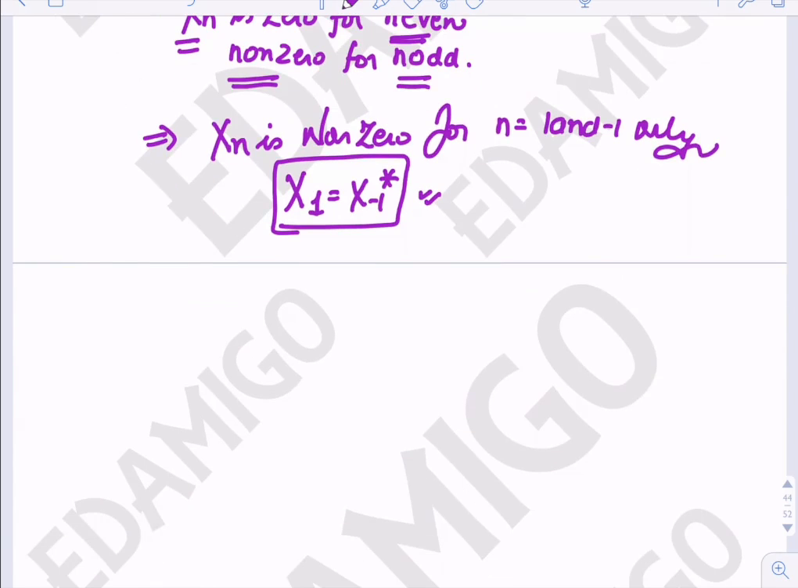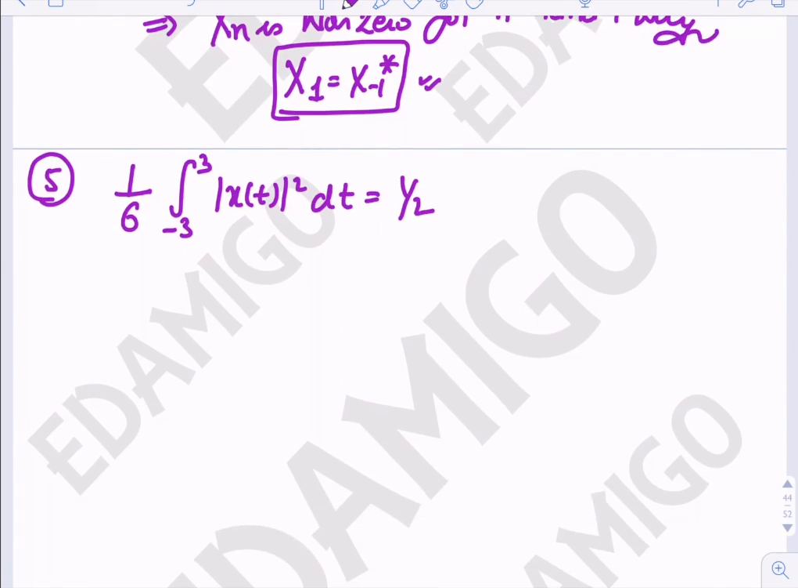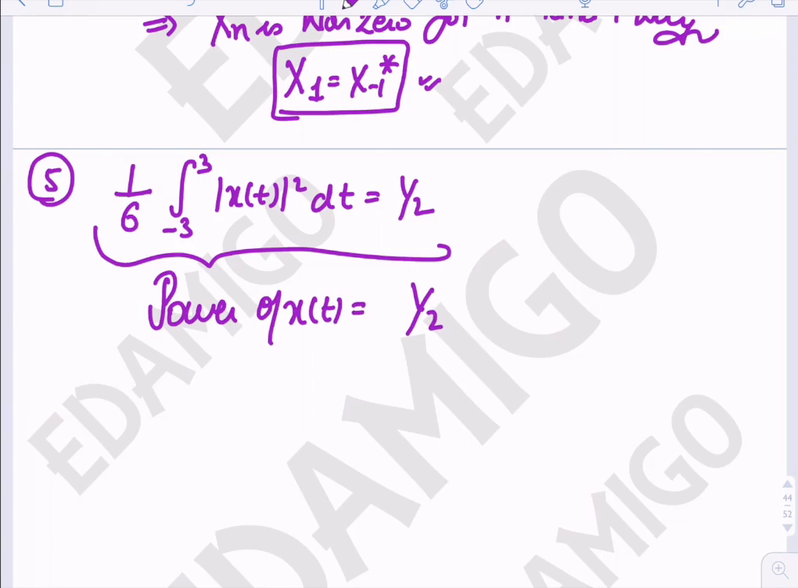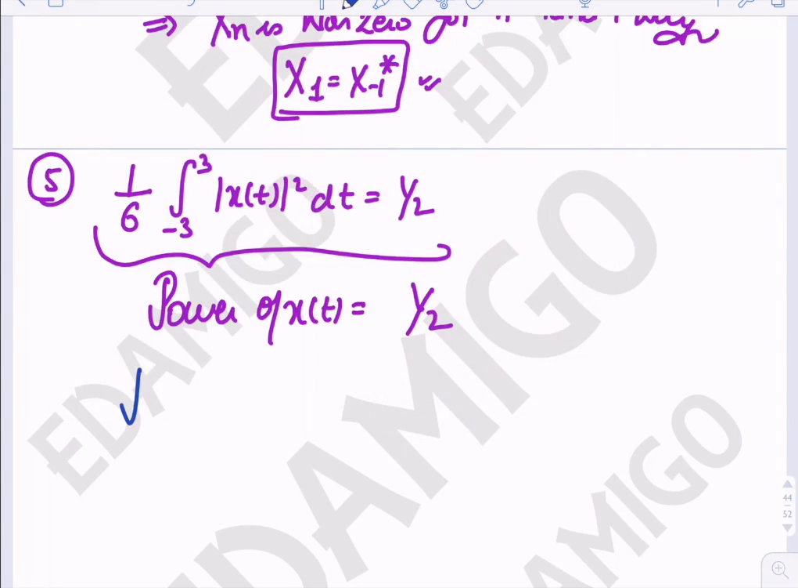Now let us move to the fifth property. It is given that 1 upon 6 integration from minus 3 to 3 of mod of x(t) whole square dt is equal to 1 upon 2. Okay, so what is this property? This is given that the power of x(t) is equal to 1 upon 2. Now using Parseval's theorem,